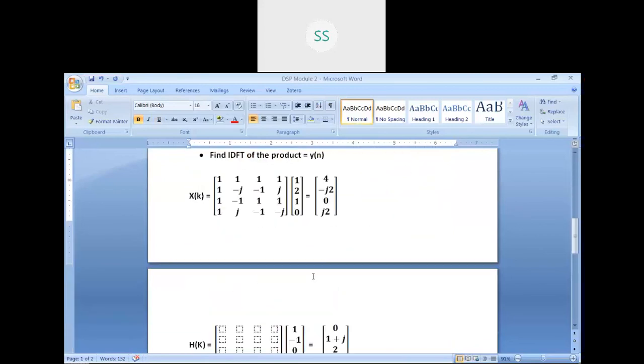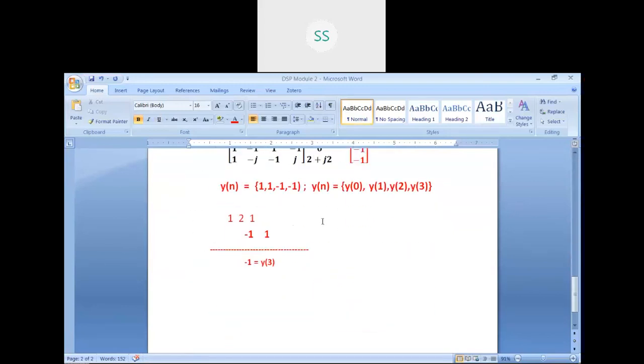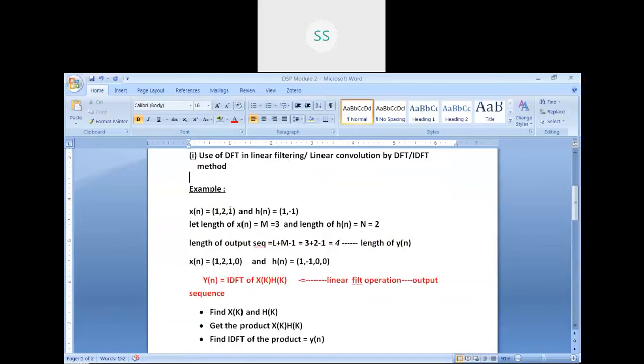At least did you understand the procedure and did you follow how it is verified? Yes, ma'am. Yes, sir. Okay. So as an assignment, take another sequence and practice this particular flow. Take any other random sequence, for example 1, 2, 3, and any other values like 2, 3, and practice. Here also you are going to get the length as 4 only.